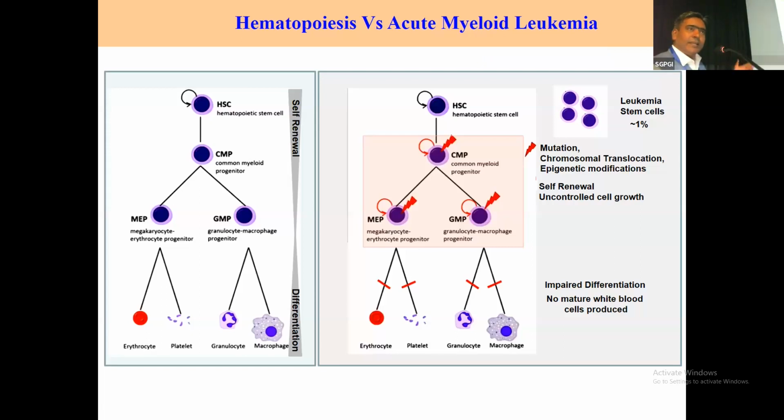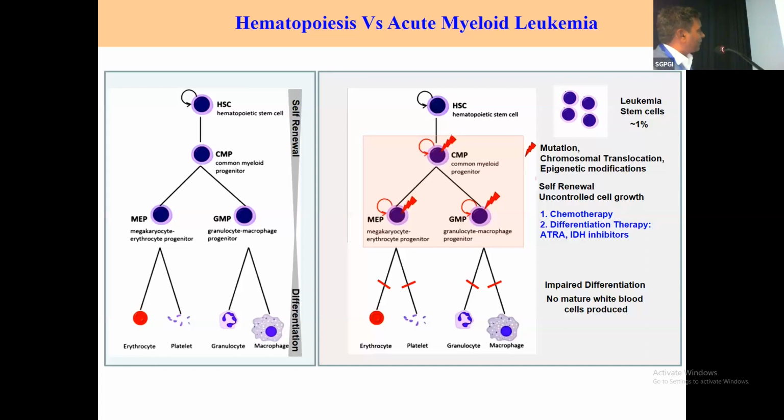This differentiation arrest can often be overcome by certain mechanisms. ATRA differentiation therapy is used, particularly in APL cases, and recently IDH inhibitors can also induce differentiation in these blasts so that these cells can differentiate to normal cells. Well, the standard form of therapy is chemotherapy, but my point in showing this slide